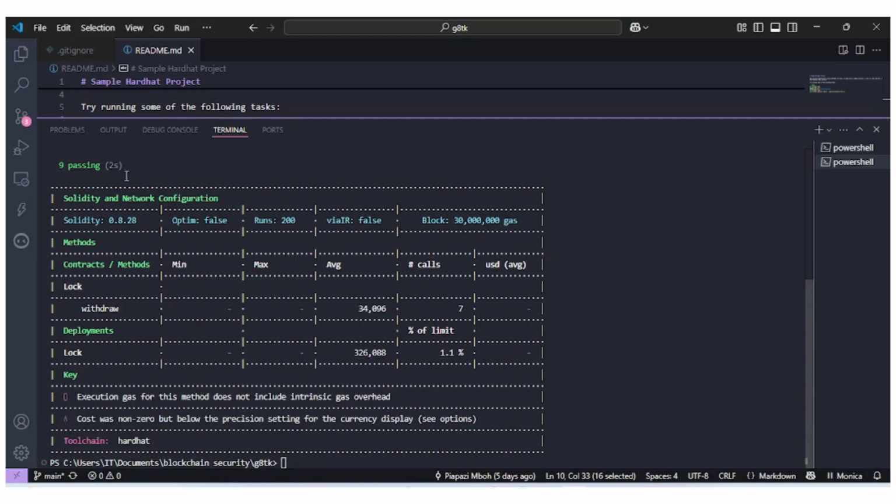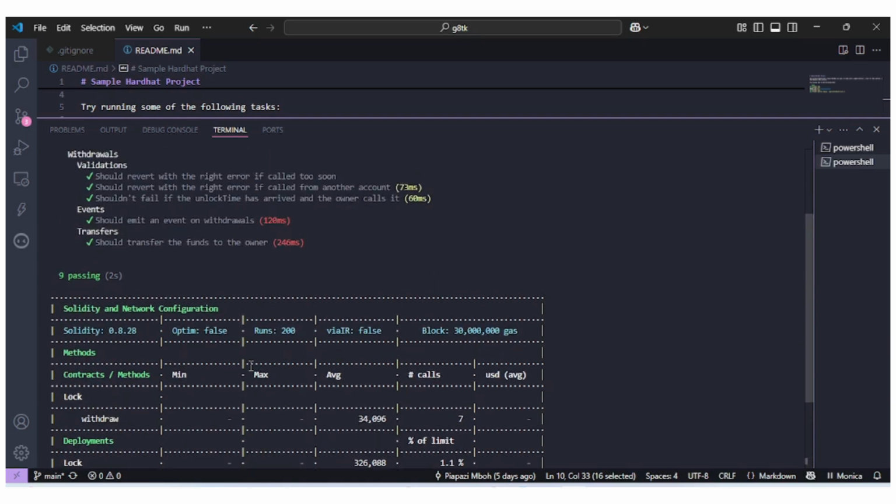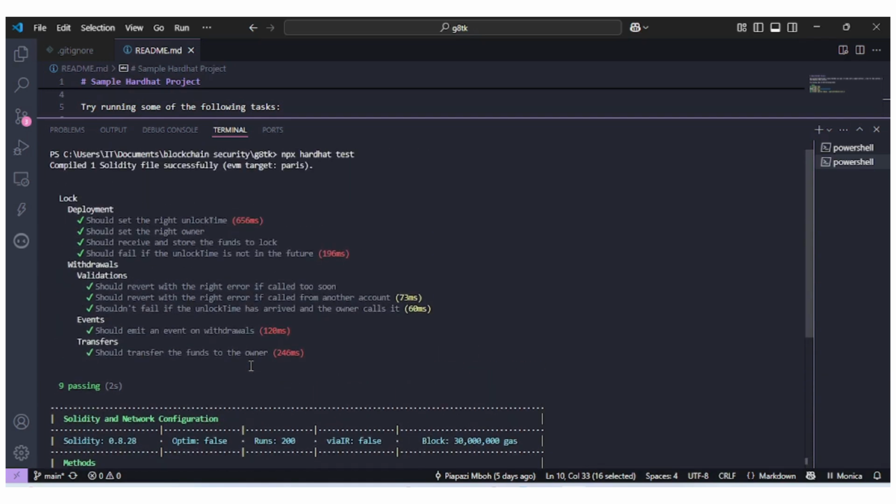So this is it. And the Hardhat test was successful. The deployment, the validation